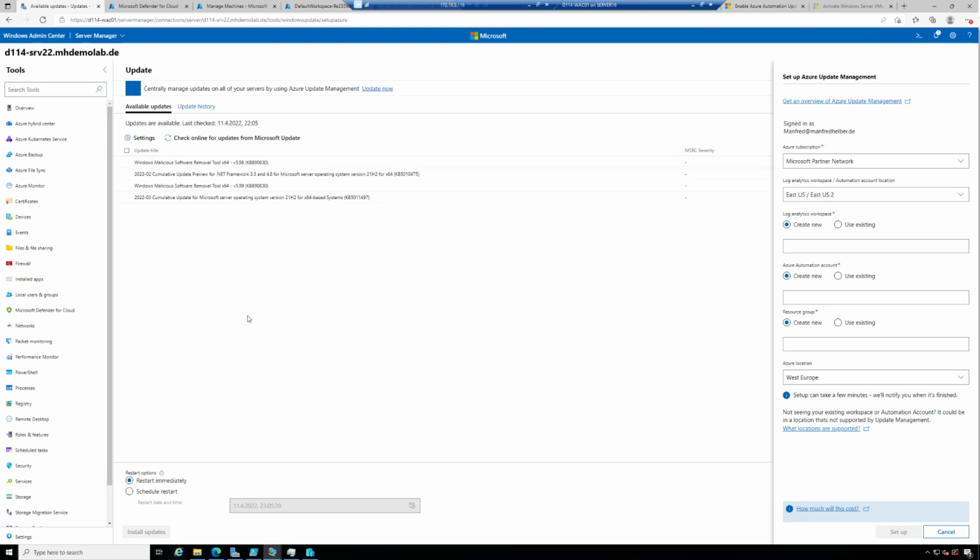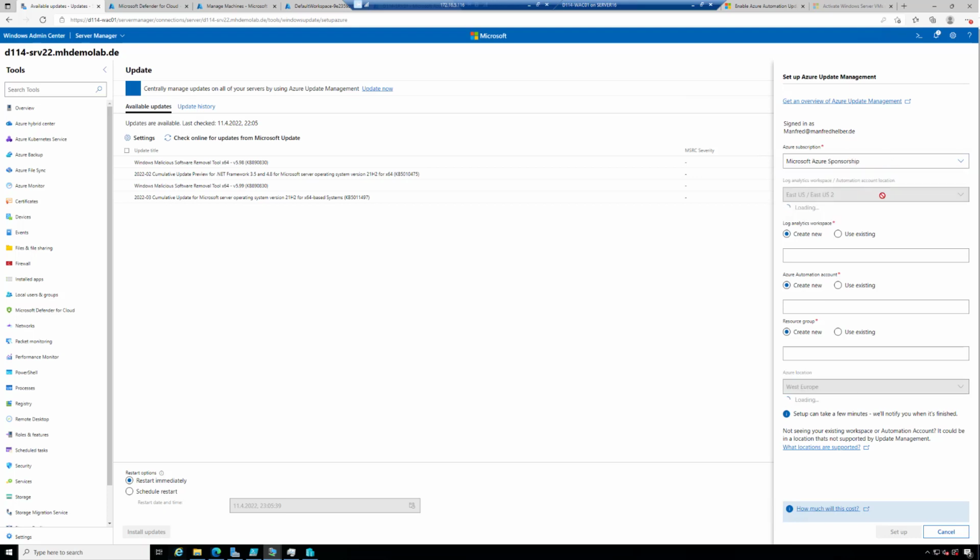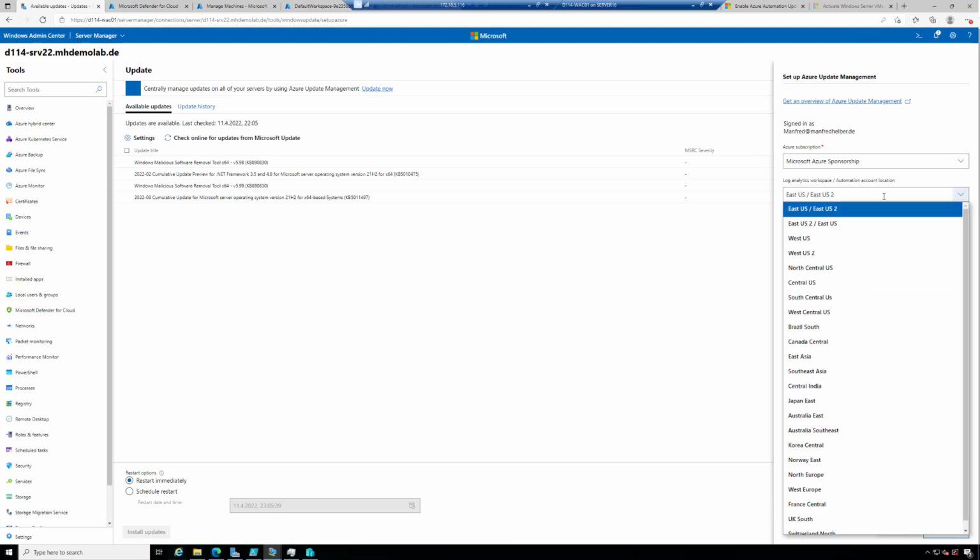But let's imagine you have 20 servers. Then you would have to click on each server to the Update tool to update this specific server. Via Azure Update Management, you can configure this centrally. So let's select my subscription here. Let's select the region you prefer. I will select the